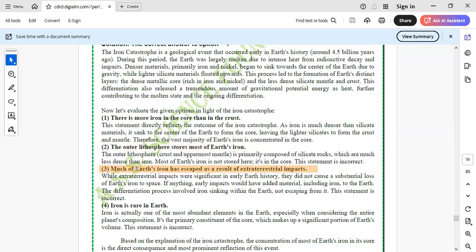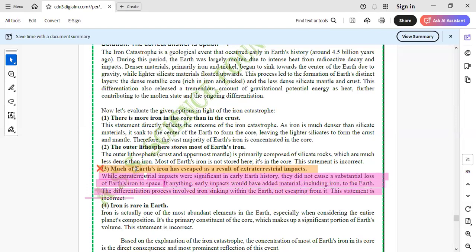ठीक है, ये भी बात बिल्कुल सही नहीं है, क्योंकि वो अगर एस्केप हो गया होता तो कोर में कहां से जाता? While extraterrestrial impacts were significant on early Earth history, they did not cause a substantial loss of Earth's iron to space. अर्थ का जो आयरन था वो कोर में गया। If anything, early impacts would have added material, including iron, to the Earth. The differentiation process involved iron sinking within the Earth, not escaping from it. The statement is incorrect. तो ये भी हमारा इनकरेक्ट स्टेटमेंट है, इसको भी साइड कर दें।